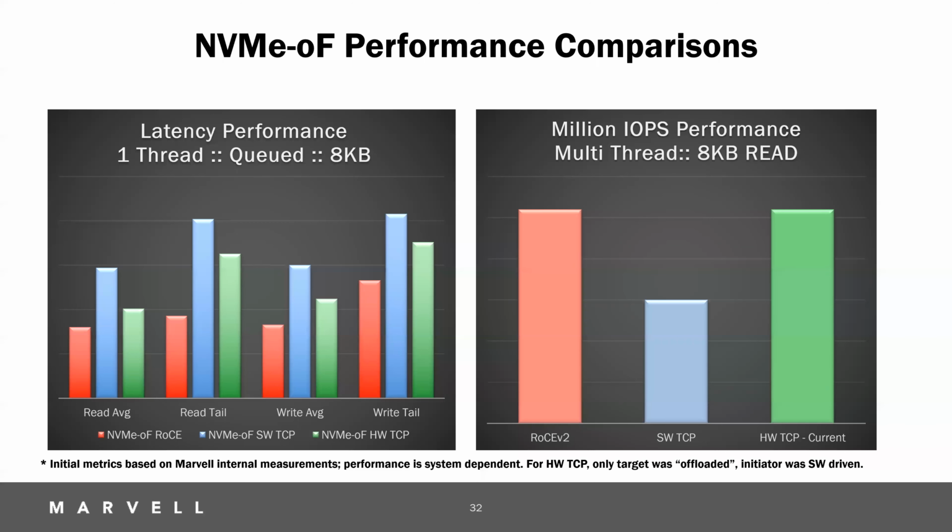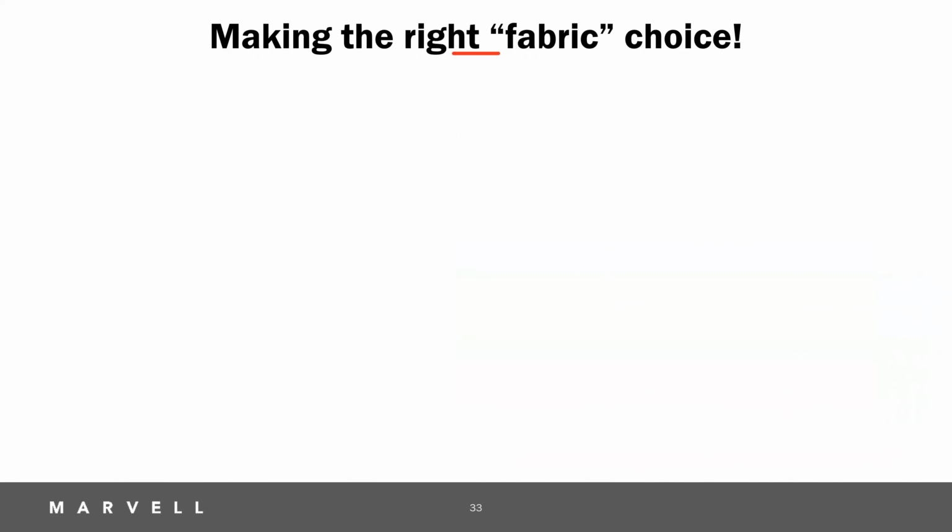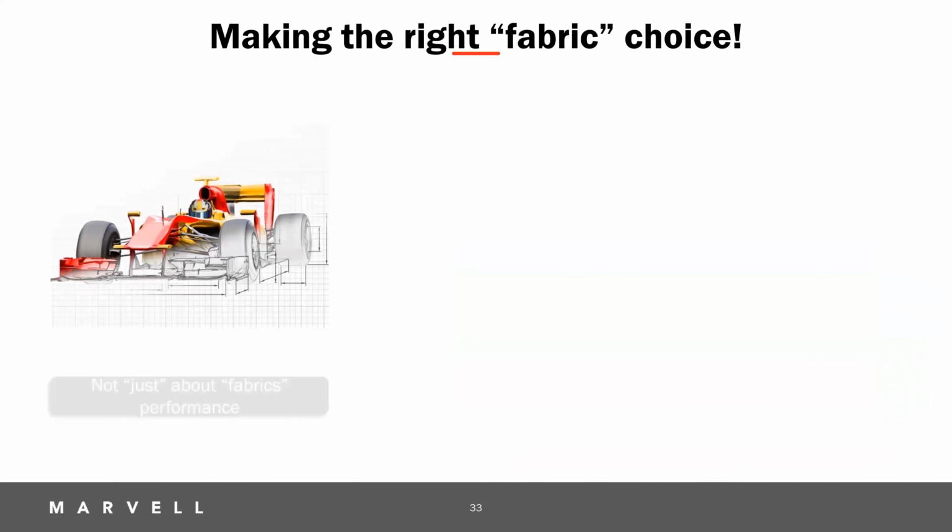But if you can adjust to a slightly higher latency, but with simplicity, hardware offloaded TCP is a great choice. It saves you CPU cycles, so you can run your applications that deliver business value to you. With that, I want to make just one comment here. At the end of the day, I would